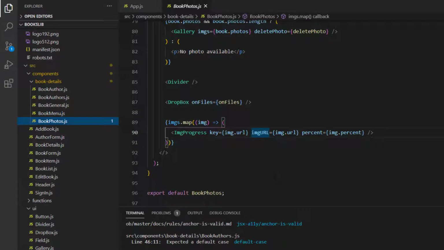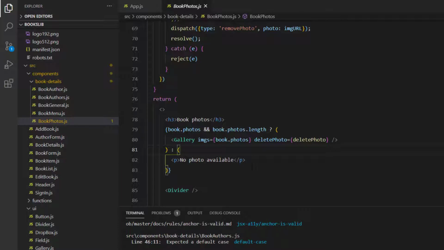Hello and welcome to part 11 in this series where we are building a React application for managing books. In this part we're going to work with Cloud Functions to build a function that auto-generates thumbnails every time a